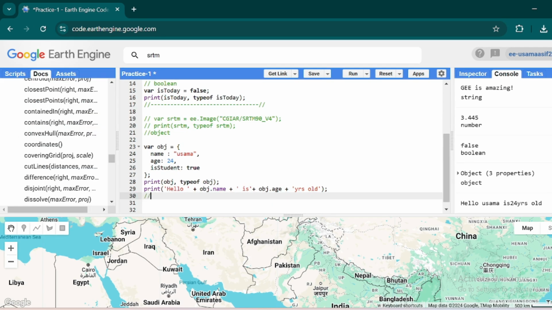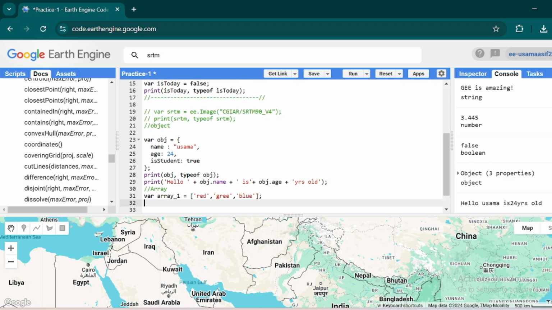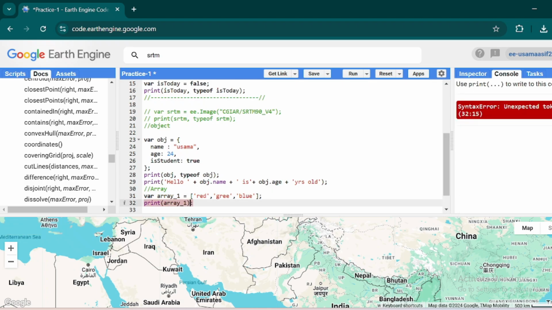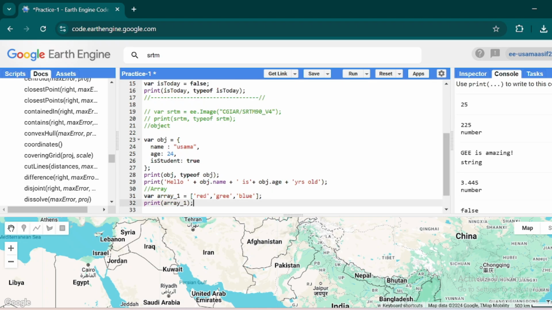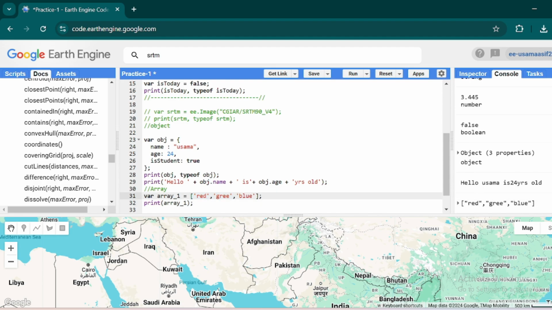Okay, so now let's see what an array is in JavaScript. Let's declare a variable named array underscore 1, and then you can save an array in square brackets just like this. And if you want to store character data, then it will be just like this, and a semicolon at the end. And now if I print this variable in the console just like this, then you can see that this data is stored in this variable and this is an array. If you call only one thing, then the position of red is at 0 number and the position of green is at first number.